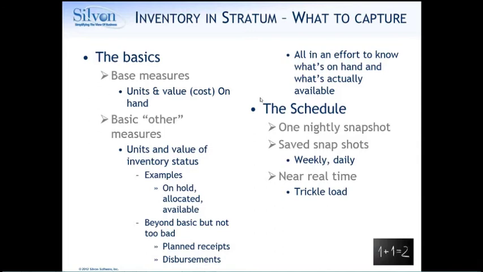However you go about that, if you can capture it, then as we look into the future and take advantage of our forecast, we can understand whether we're going to have enough inventory, not only what we have on hand today, but what we're planning to put into inventory. If you're a manufacturing location, that might be work orders, or it might be something that MRP is pushing into inventory, so you have planned receipts there. Those numbers are a little tougher to get sometimes, but if we can get them, it's good stuff, because all this is in an effort to know what's on hand and ultimately what's actually available